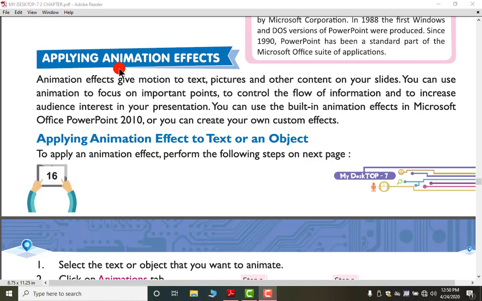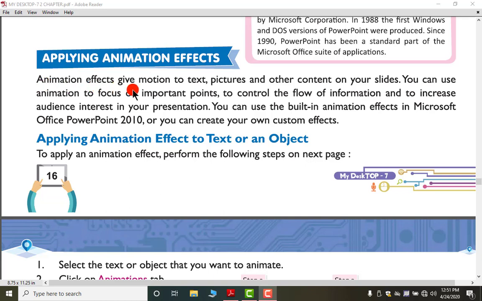These are called objects, and you can apply animation effects on them. And transition will help you to apply motion to your slides. How? I will show you later. First we are starting with applying animation effects.